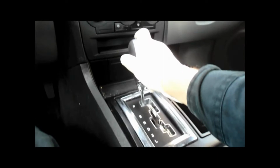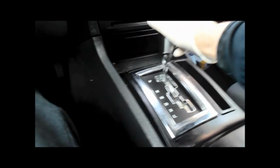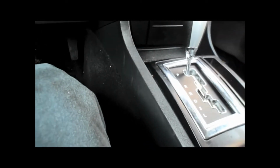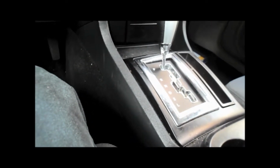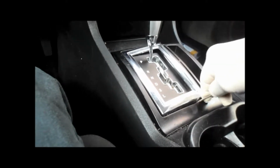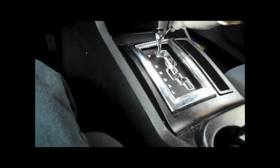A lot of times what happens is the shifter just won't come out of gear. You'll pull it over and it just doesn't shift. So let me just show you how to check that out and show you what the problem is. First thing you've got to do is take a small screwdriver and pop this off right here, very